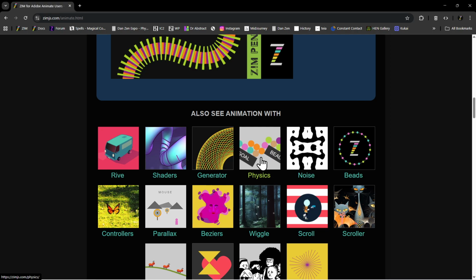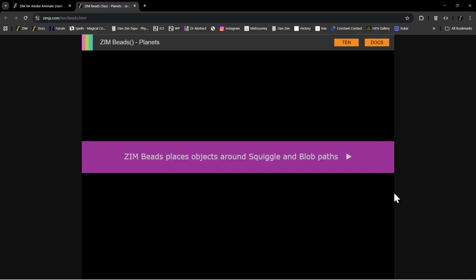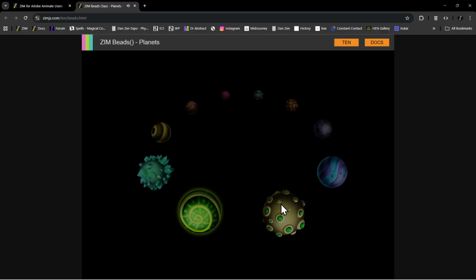And you can have a bunch of falling balls. So there's physics examples, noise examples. We've got beads. Beads have animations on them as well. So beads are,